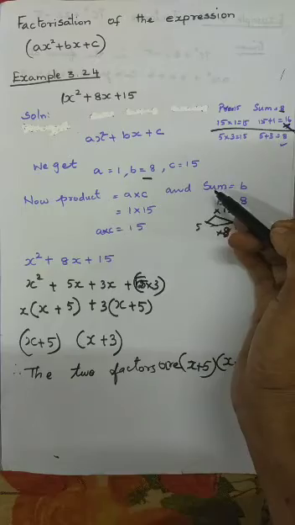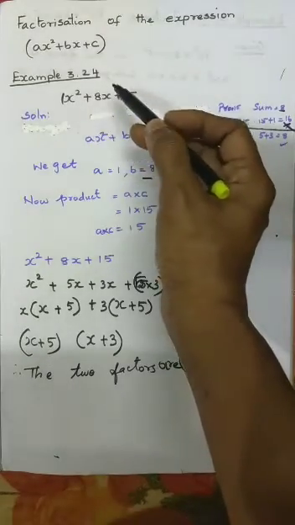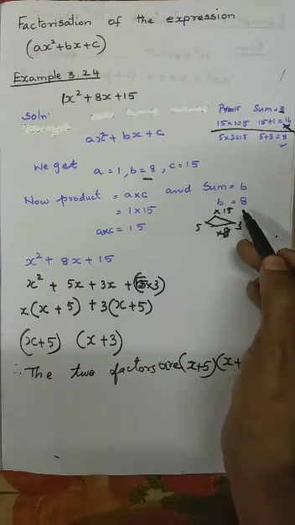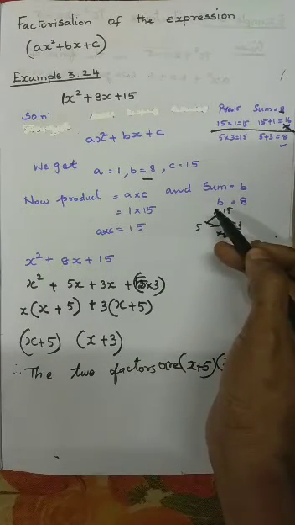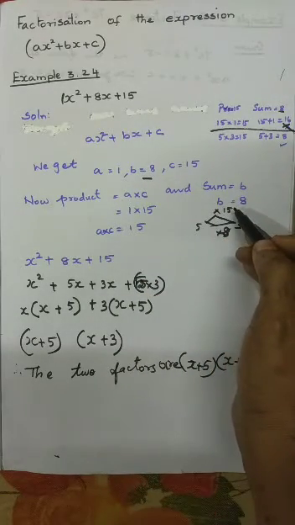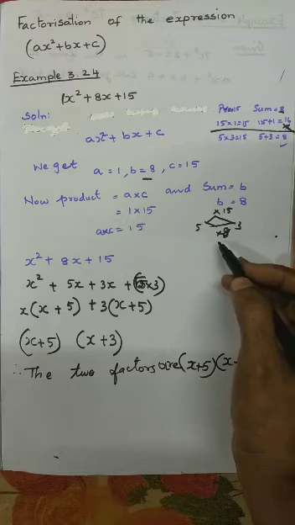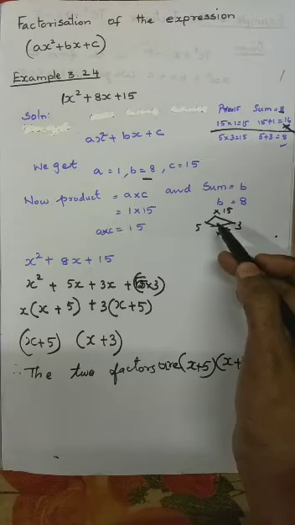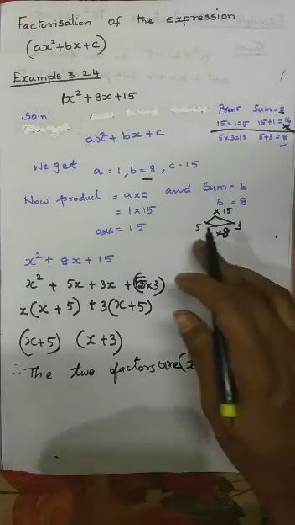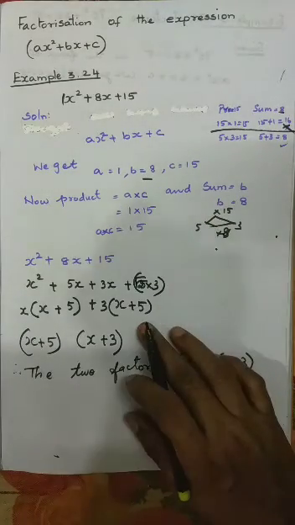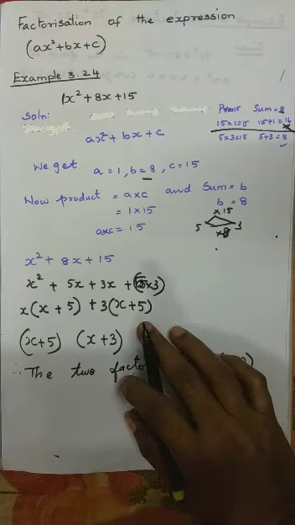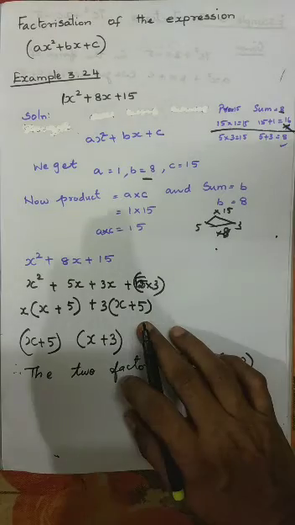Okay, then the sum, always the sum is the center term, that is 8. The sum is the center term b, 8. Okay, now for multiplying we are taking 15, and for adding we have to get 8. If we multiply we must get 15, and if we add we must get 8. Then we have to see in which tables this 15 comes. It will come in the 15 table, isn't it? It comes in the 15 table, the 5 table and the 3 table.